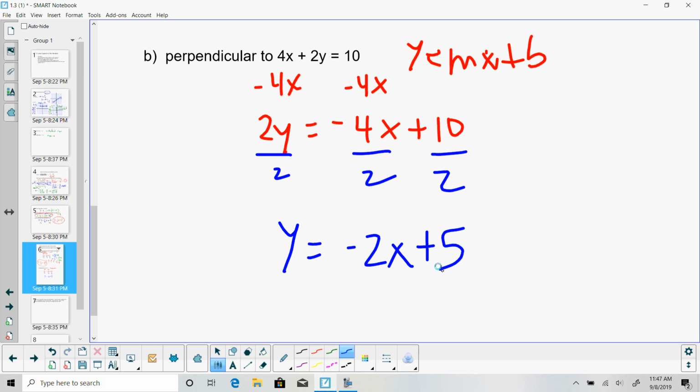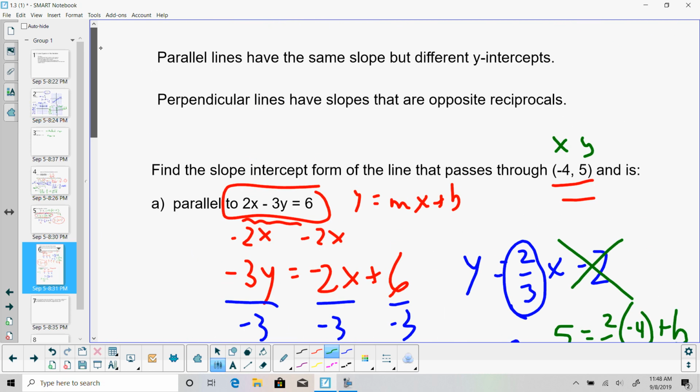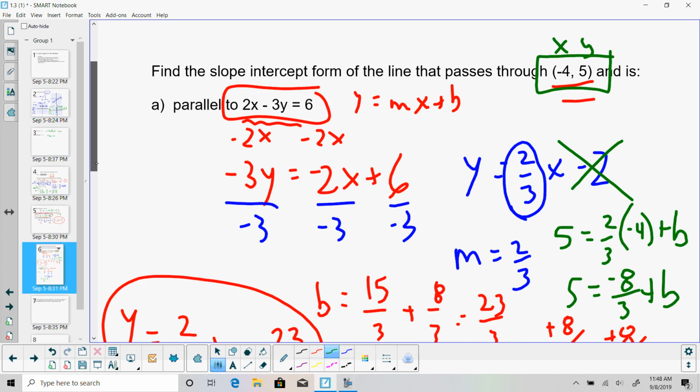And so our slope here is -2, but we want the opposite reciprocal because we want the line that's perpendicular. So the slope is going to be +1/2. All right, and so we're going to use the y equals mx plus b form, and we're going to plug in 1/2 for the slope. So I'm going to put 1/2 in here, and I got to go back up and check what line we wanted it to go through: -4, 5. So I'm going to plug in 5 for y